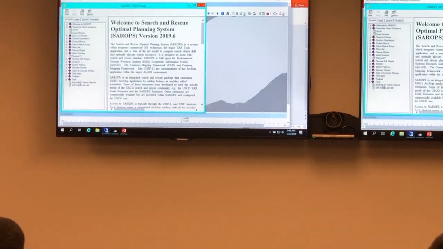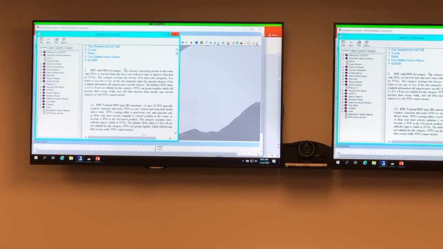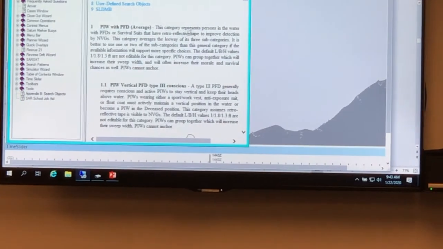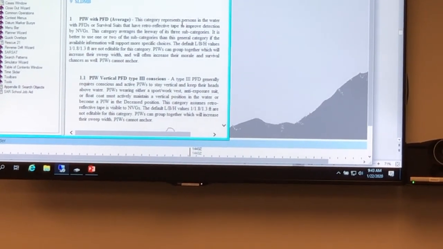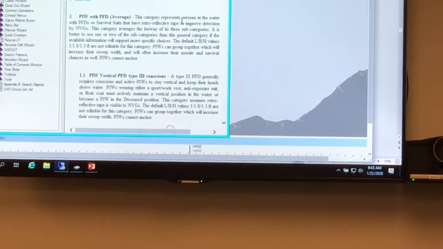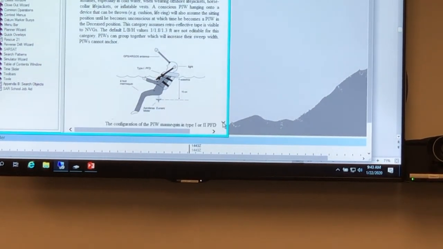Right here, search objects. This is how I found out that whole thing. PIW with PFD. This category represents persons in the water with PFD or survival suits that have retroreflective tape to improve detection by NVGs. So I'm telling you right off the bat, they have retroreflective tape. And then when you go down to without, it said,